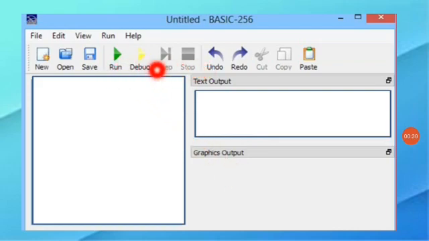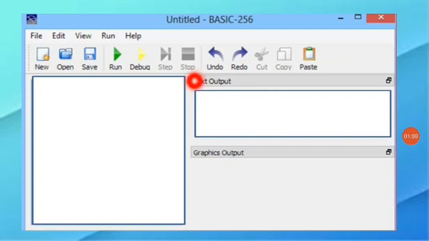Do you know the functions of these tools? Run is used to run the program. Debug is used to locate and remove errors in our program. Step is used to execute the instructions one by one. Stop is used to stop the execution of the program.